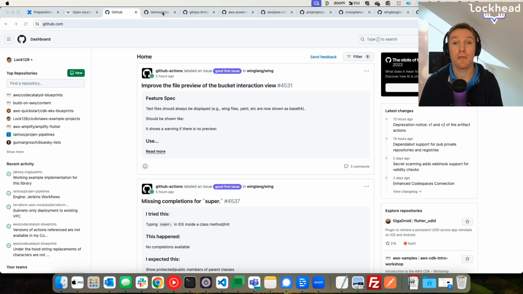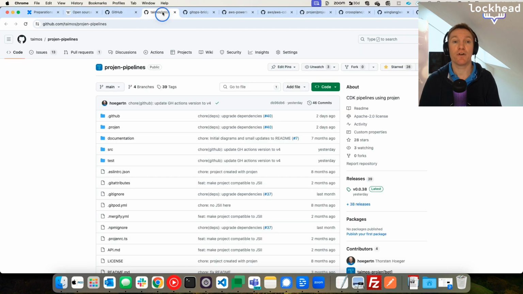My advice here would be to start with something small. A very good example for that might be something like Projen pipelines. And I can talk about how to contribute to Projen pipelines because that's one of the projects that I'm working on. Look at a project that is pretty small, maybe only 1 or 2 contributors, that is starting to kind of ramp up its work, and get in contact with the persons that have created that project.